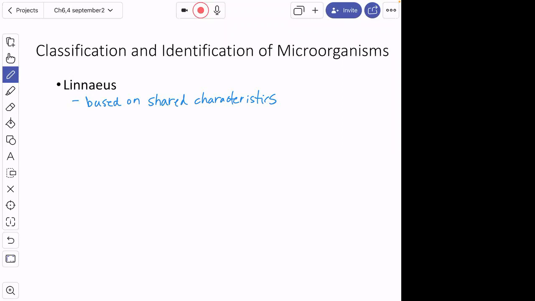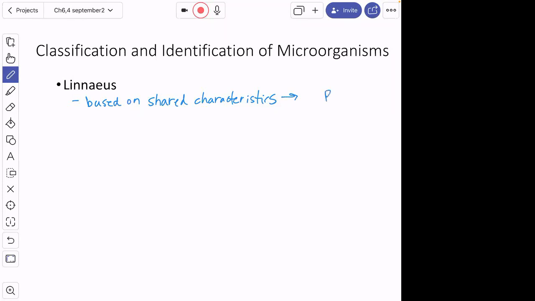When he first started classifying organisms, he put all organisms into one of two groups: either they're plants or they're animals. We've been revising that ever since, but he formed the basis of our modern system, where you might recognize the taxa,